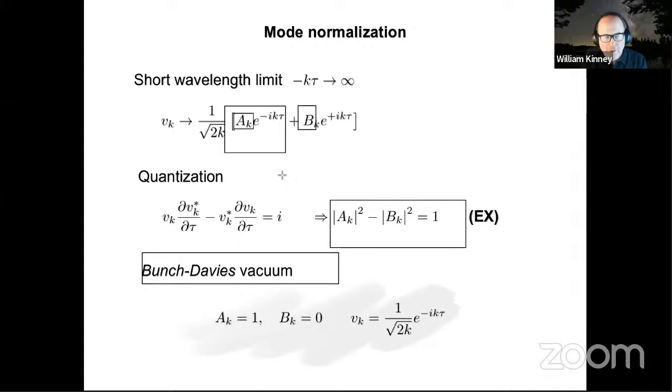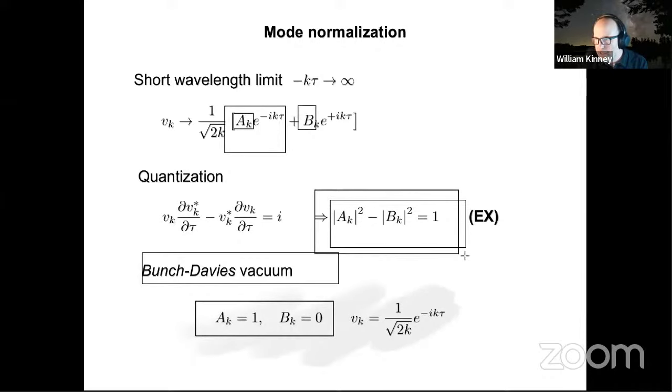So basically what we're saying is that what we mean by a vacuum state in our quantum field theory is the vacuum as seen by an observer that's co-moving with expansion. This is called the Bunch-Davies vacuum, and it corresponds to a choice A is equal to 1, B is equal to 0. So that makes this Wronskian condition trivial, and this fully normalizes my wave function now, right? I have two conditions on these two constants. I end up with a complex phase, which is physically irrelevant. I end up with a normalized mode function that looks exactly like that at short wavelengths.